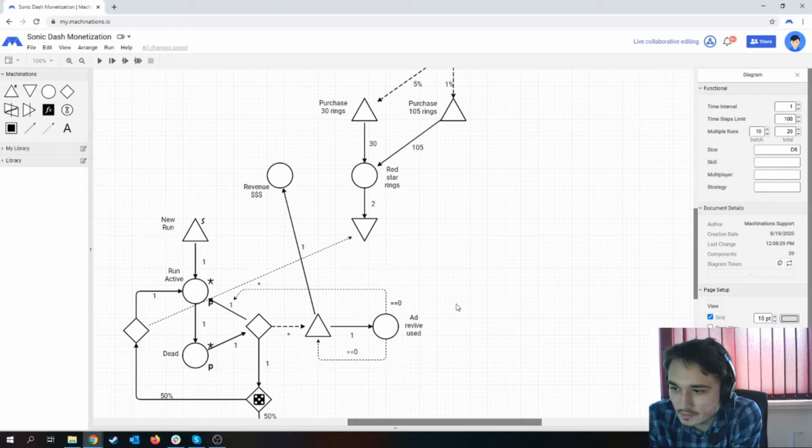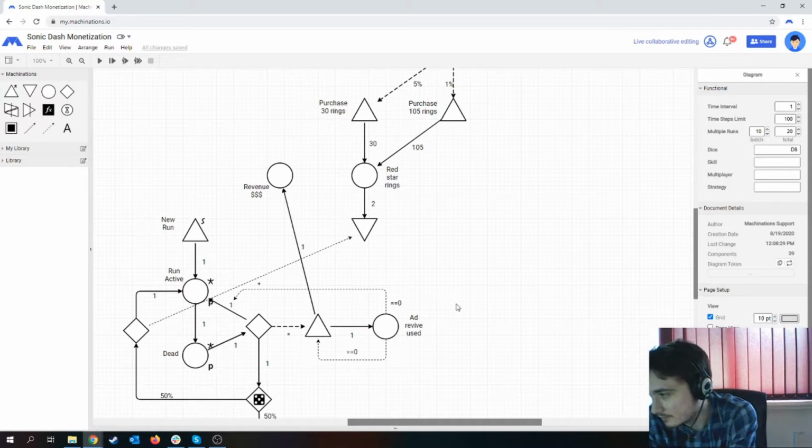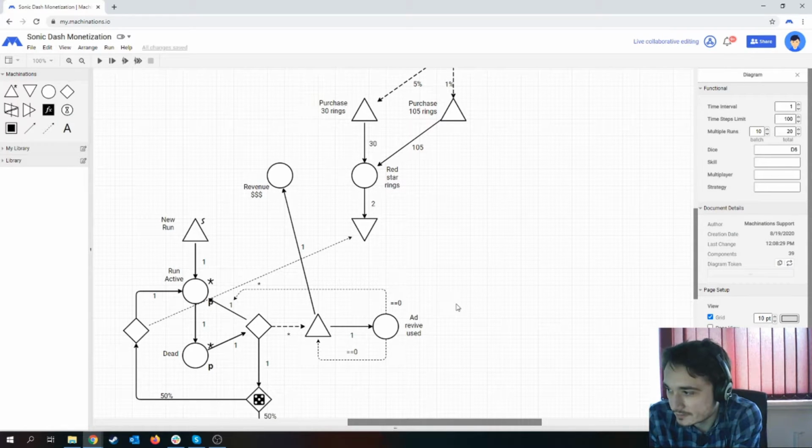So red star rings can also be used to purchase boosters. Boosters, I think there are 5 or 6 types. I think there were 5. They're not really important. You can have 3 of them active at the same time during a run. So you buy a booster, it's active for your next run, and it gives you various bonuses, either to your final score, the score you gain by defeating enemies, the score you gain by collecting rings, but generally the rule is that it gives you a bonus to your score in some way or form,